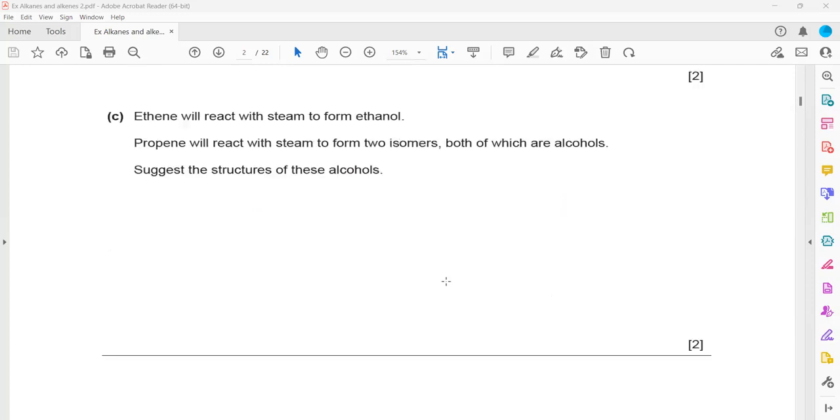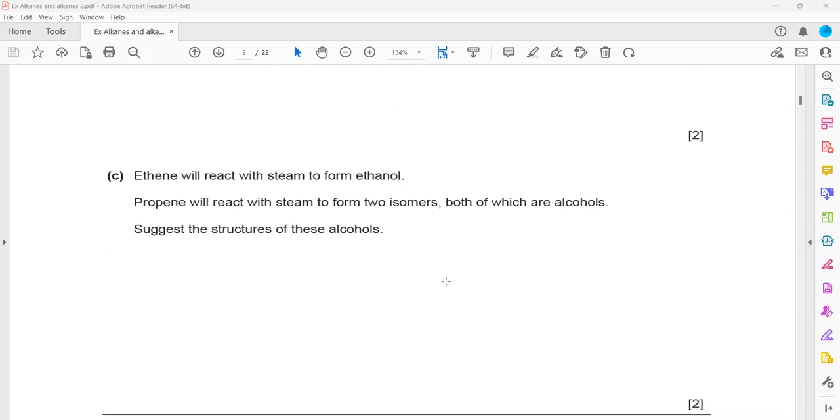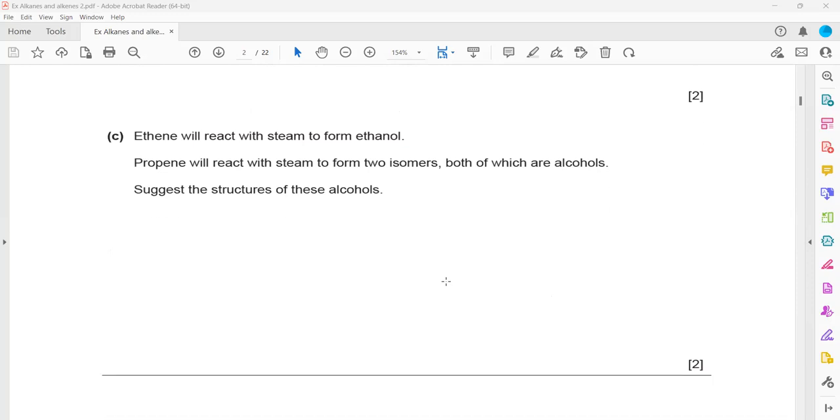Then ethene will react with the steam to form ethanol. Propene reacts with steam to form 2 isomers, both of which are alcohols. So we have to draw propene reacting with steam. What will be the product if propene reacts with steam? Propanol. And it might be propan-1-ol,